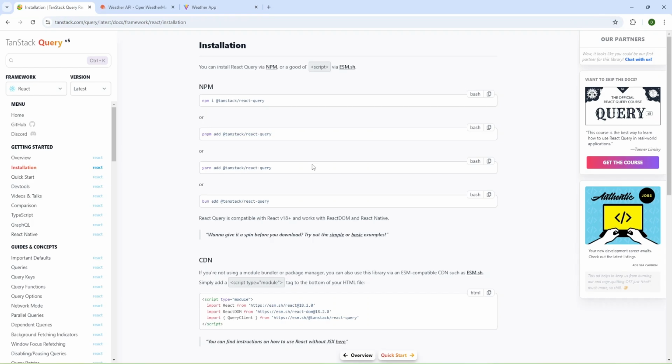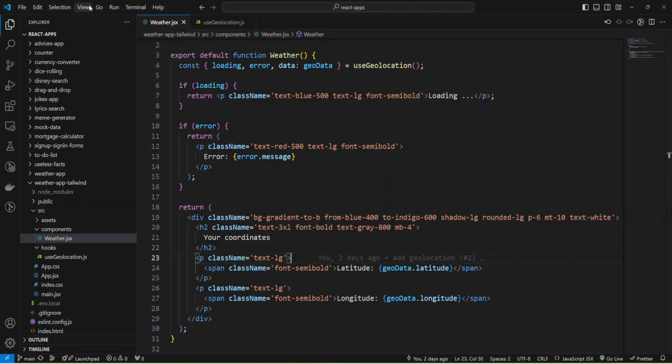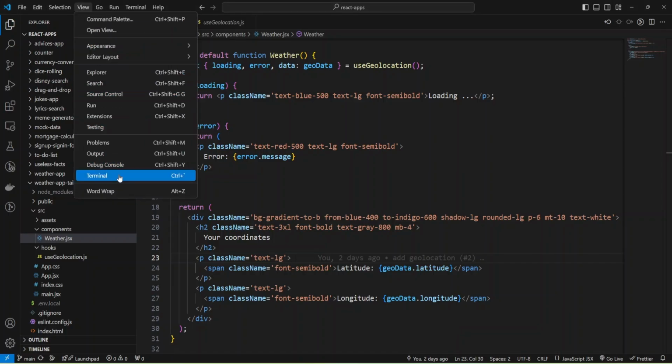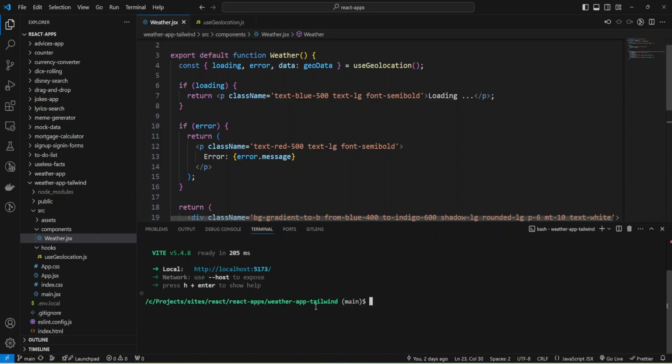Let's open our docs, TanStack Query, and I'm going to add this package. And I'm going to open my terminal, stop dev server, install React Query, and also I need Axios to make API calls.